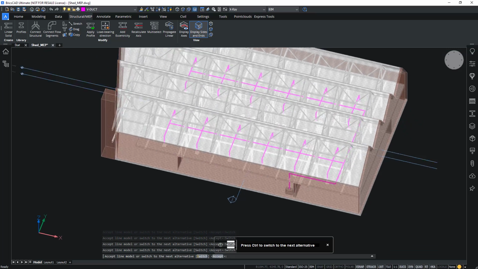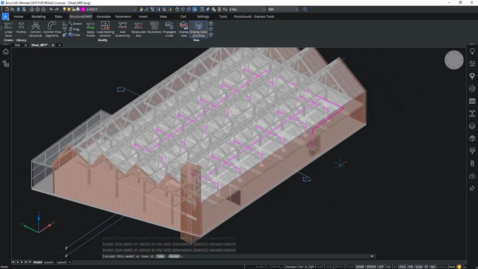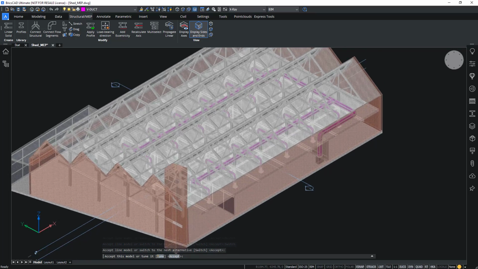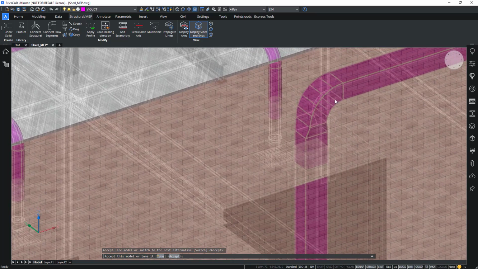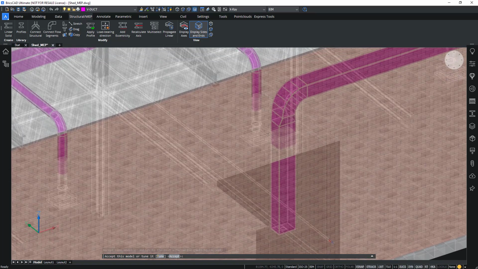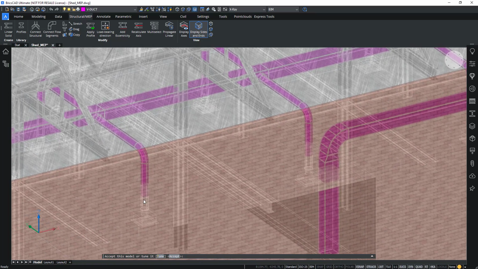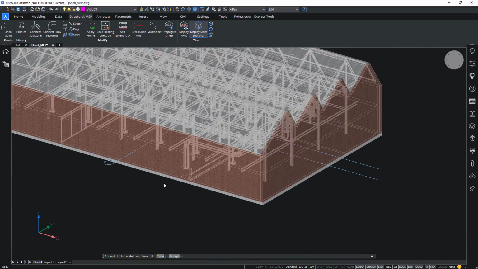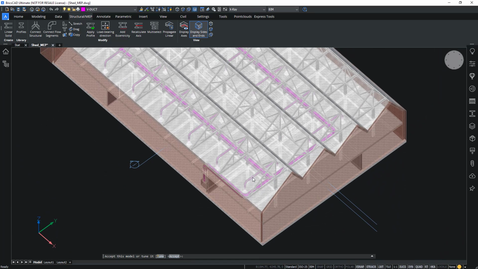So if we choose this one, for example, I can hit Enter to accept, and it will then create a 3D model of this layout based on the profile information that was inside these flow terminals. So rectangular duct for this one here, round ducts for the smaller terminals. And at one point it chooses to branch off from the main duct to smaller ducts here.